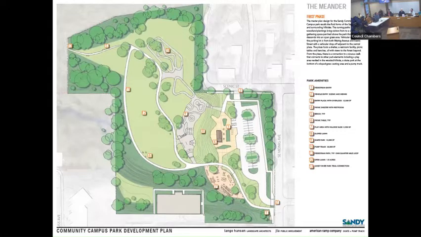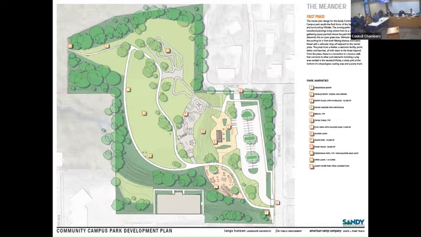So yeah, this is the final concept that our team put together based on community outreach and three concepts that we have presented in the past. So you'll see it's different than what you've seen because we really took pieces from each of those concepts. While there was a preferred skate park, there were some elements out of the other concepts that the skaters wanted to see in this facility. So Nate, who's on the line, worked closely with some of the skaters to really dial in what this final concept's going to look like.